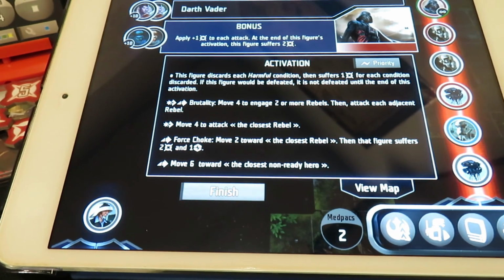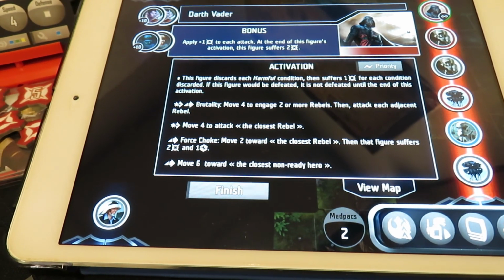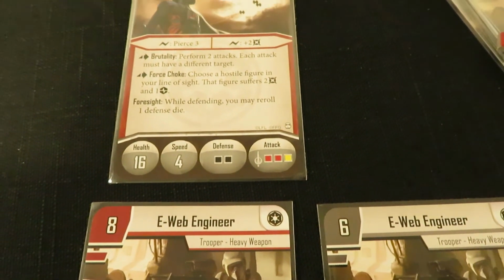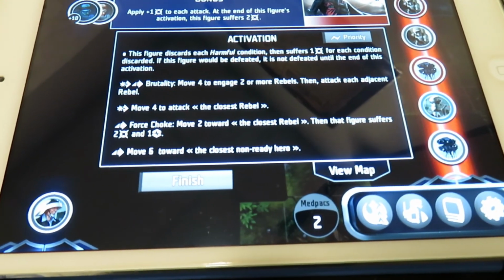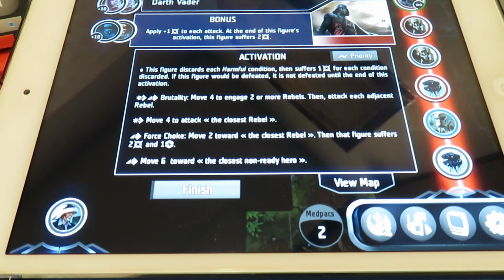Then it just says move forward to attack the closest rebel. But he can't do that either. Can he attack me from range? I would assume he can. Let me see here. No, it's melee, so he's got force choke, which is coming up here. I don't think he can do the move to attack the closest rebel either because there is no rebels close